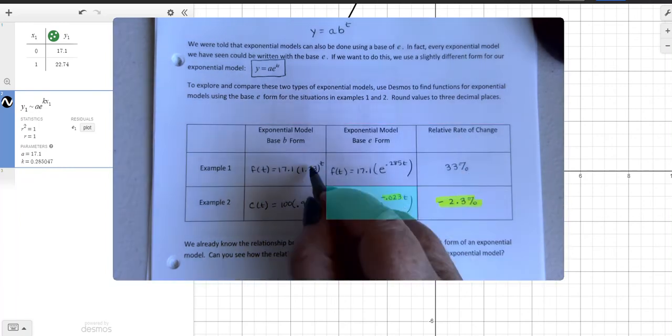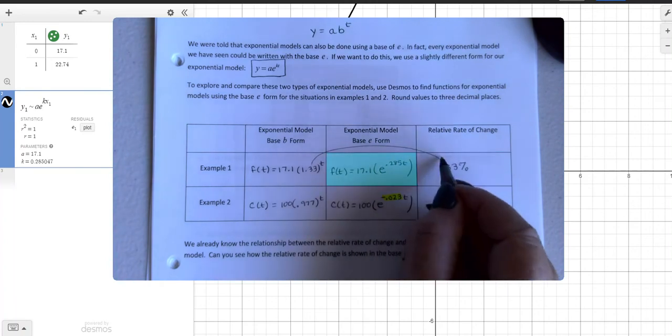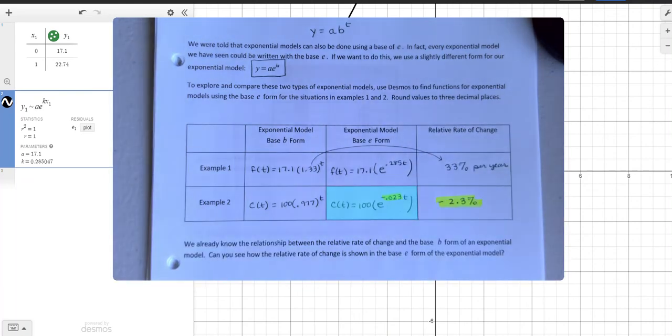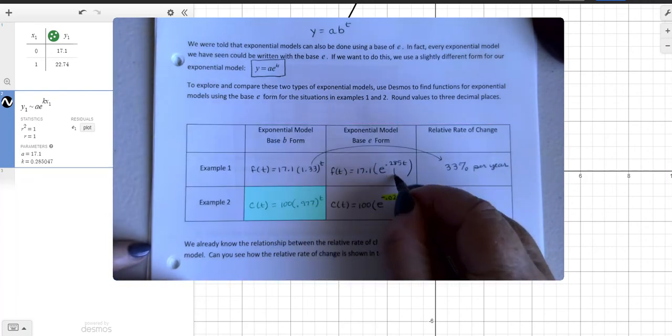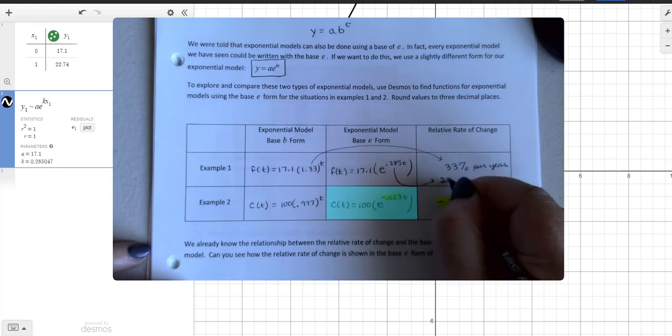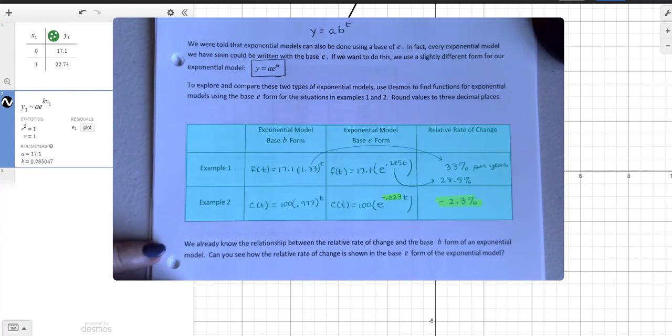This 33% that I got here basically says at the end of every year, we had 33%. This 0.285, or as a percent, 28.5%,